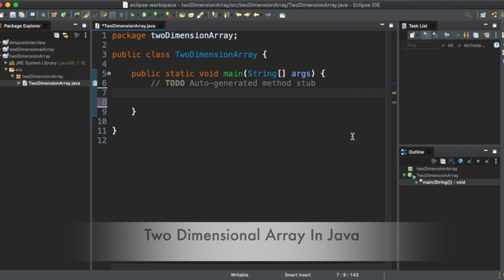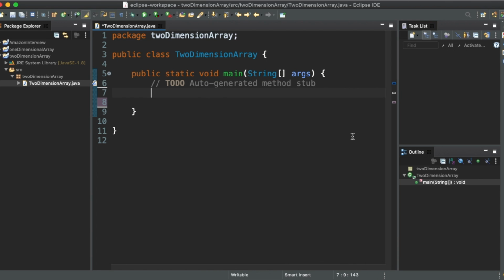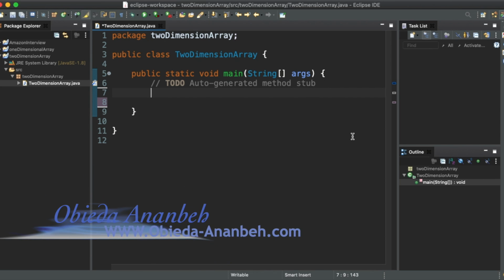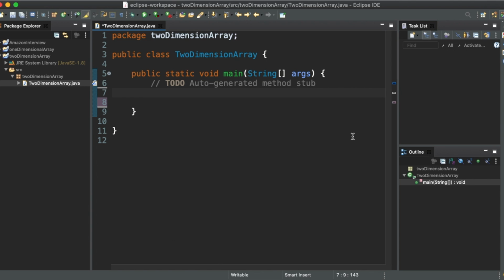Talking about how we can create two-dimension array in Java. So the same way we would declare one-dimension array, we will do the same thing for the two-dimension array, with slightly different. Let's see how. So first we determine what is the data type for this array. Suppose that I want to create a two-dimension array type of integer. We'll type integer, open the